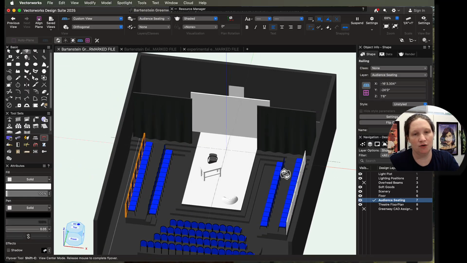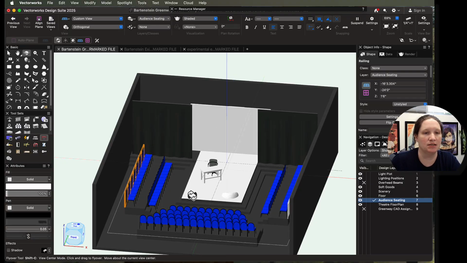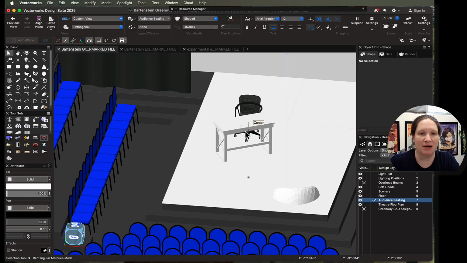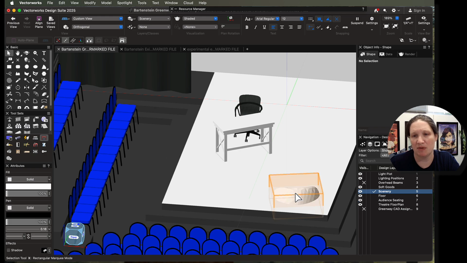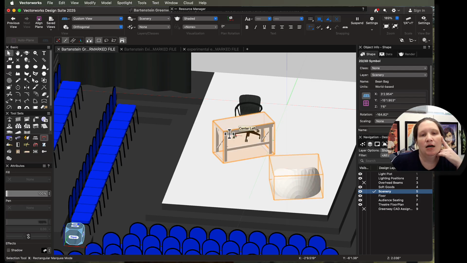So if I wanted to paint my desk a wood color, for example, and we'll do that next, if I'm painting something which is a symbol already. So let's say I want to change my desk. My desk, when I select it, I have to be back on my scenery layer once again. Oh, my beanbag chair is in the floor. Let's bring her up out of the floor. If I want to paint my desk,